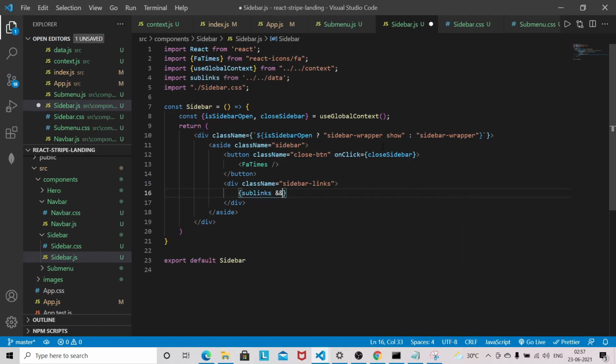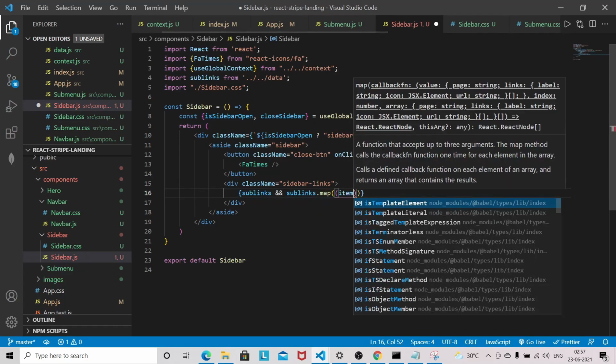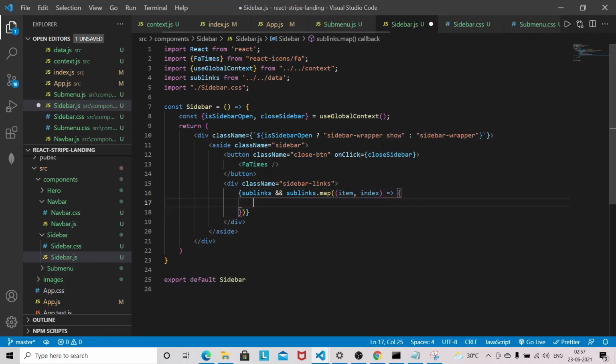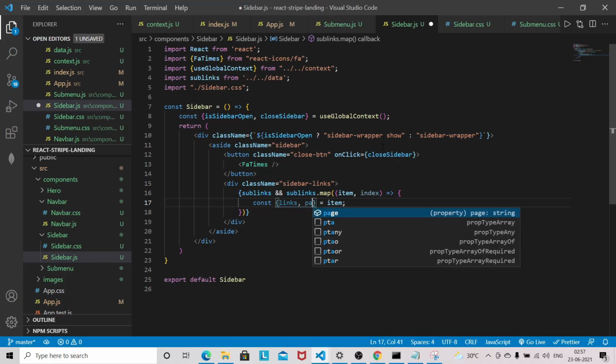So sublinks.map with item and index, and from item I'm going to destructure links and page.